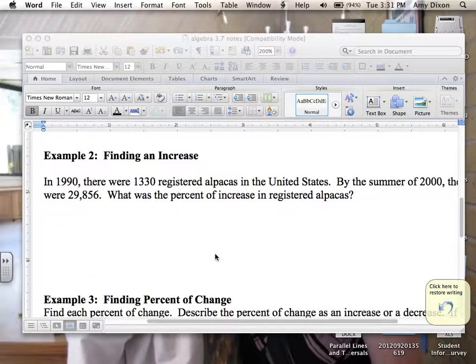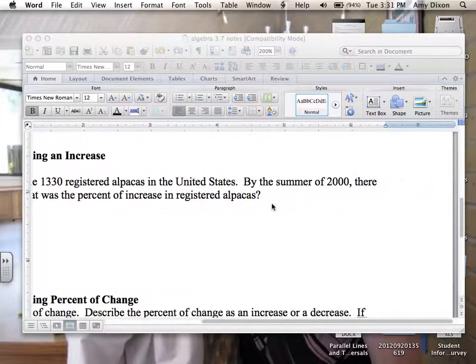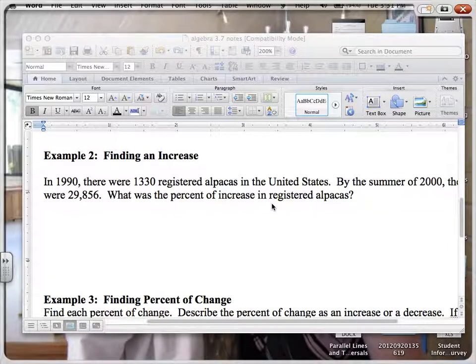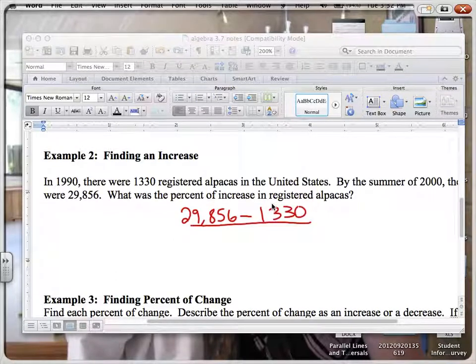All right, so now let's look at the percent of increase. In 1990, there were 1,330 registered alpacas in the United States. By the summer of 2000, there were 29,856. What is the percent of increase? So first, we want to find the amount of change. Back in 1990, there were 1,330. In 2000, there were 29,856. So 29,856 minus what they had in 1990, which is 1,330. That's the amount of change, divided by the original. That's back in 1990, there were 1,330. So if we plug that into our calculator,